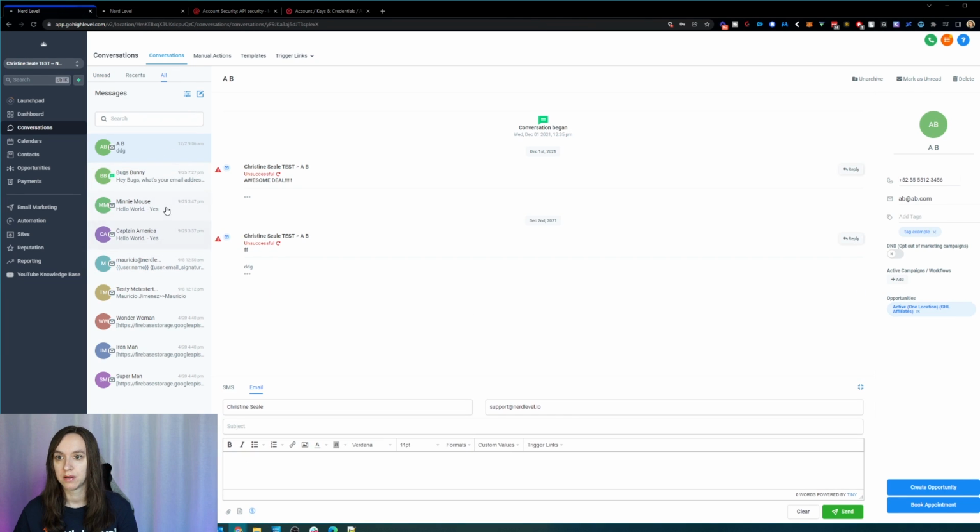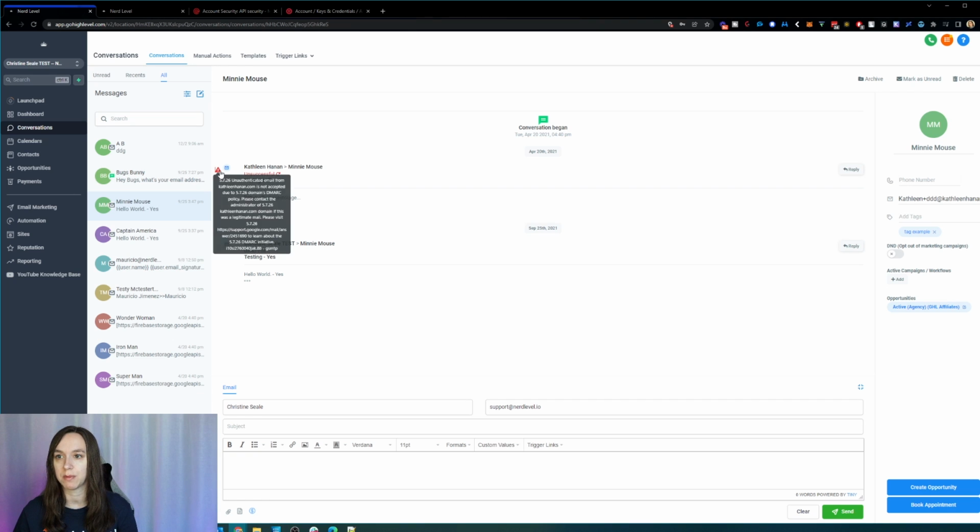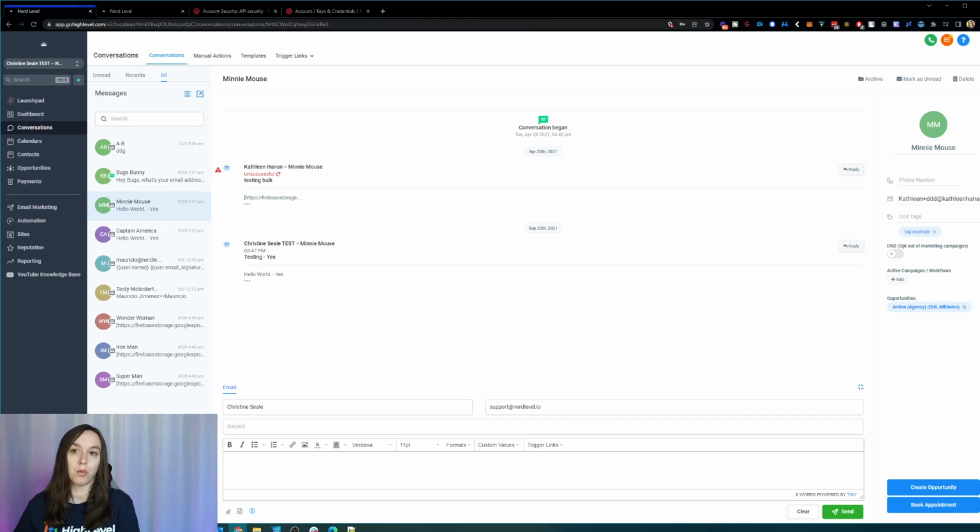So here, you can see unsuccessful. There's a little red thing. It's going to tell you exactly what went wrong here and how to fix it. Then you can see here now it's working, okay? So make sure that you're not getting these little red exclamations when you're setting everything up, okay? So we've got communications working, which is pretty much the most important part.